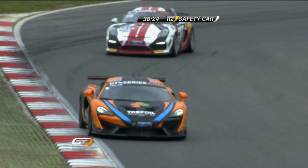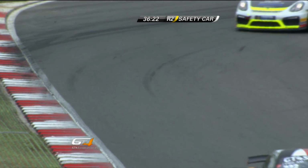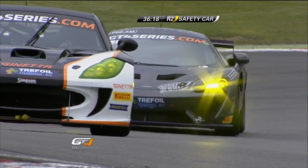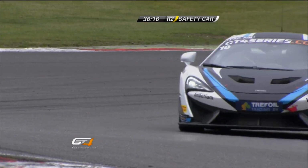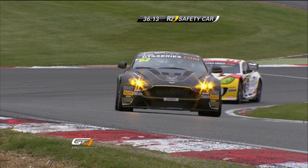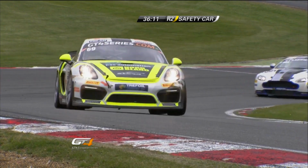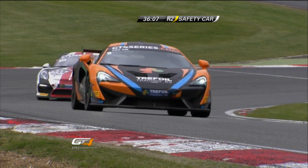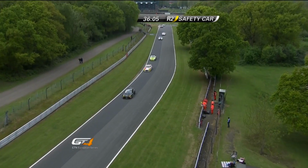Still a magical stretch of tarmac, particularly once you get onto that Grand Prix Loop. You turn out of Surtees, cars are going through there right now, up over the crest. There's Charlie Robertson in the number 100 Ginetta. He'll be keeping his eyes peeled. And not surprising, the incident that's caused this safety car period between cars number 21 and 22 teammates will be investigated after the race,